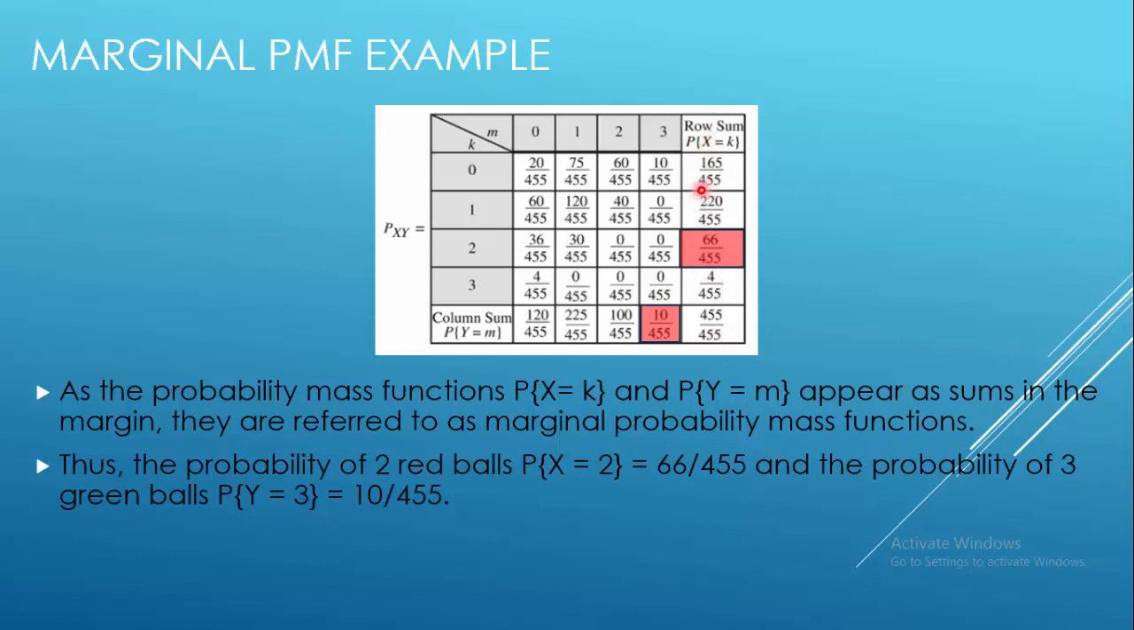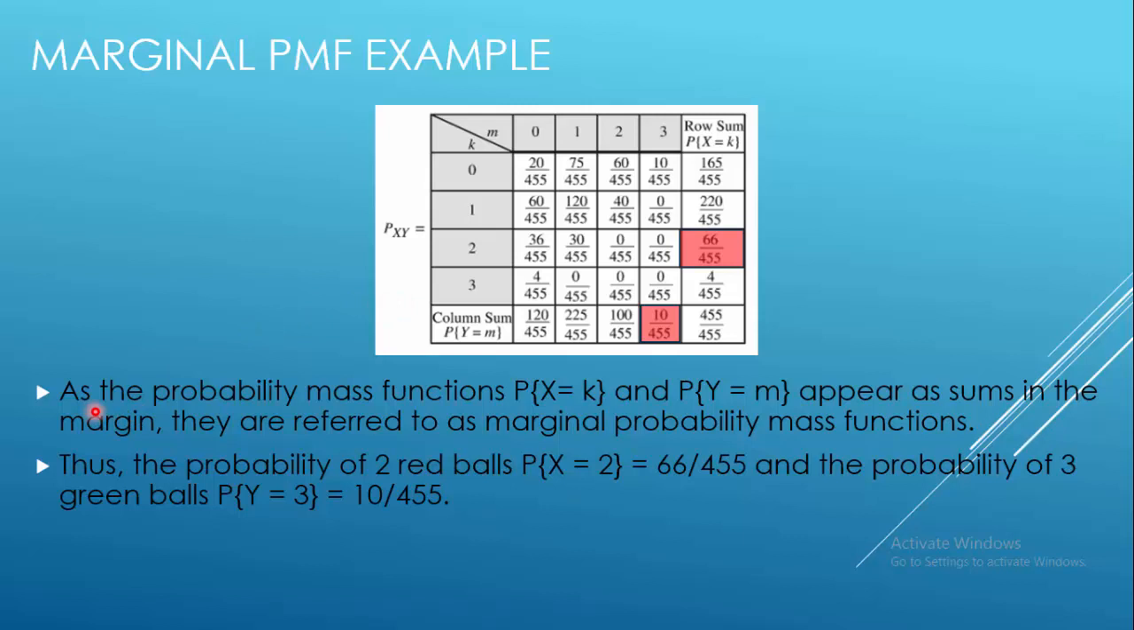PMFs, because here you can see this 165 by 455 is actually the sum of all values when k is equal to 0. If k is equal to 1, then the total is 220 divided by 455, which is simply 60 plus 120 plus 40. And if k is equal to 2, then 36 plus 30 gives you 66 over 455. So in this example, you can see